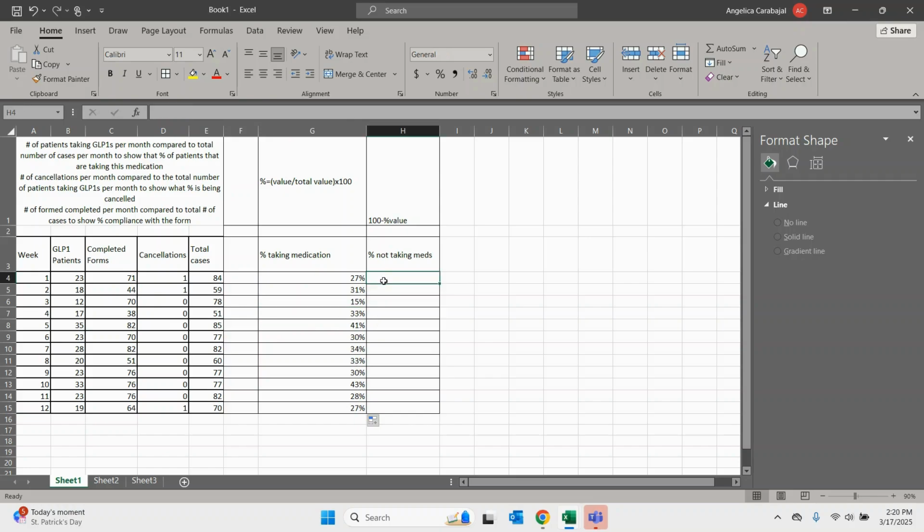Now, for not taking meds, we just want what 100 is minus what this is. So that's another equation. We'll just hit equals, parentheses. I'm going to put the number 1, and I'm putting the number 1 because if I put 100, it's going to minus a decimal from that 100. Because remember I said by putting it in percentage format, it still sees this as a decimal. So we're going to put a 1 because that represents 100 in decimal form minus this cell, close that parentheses,